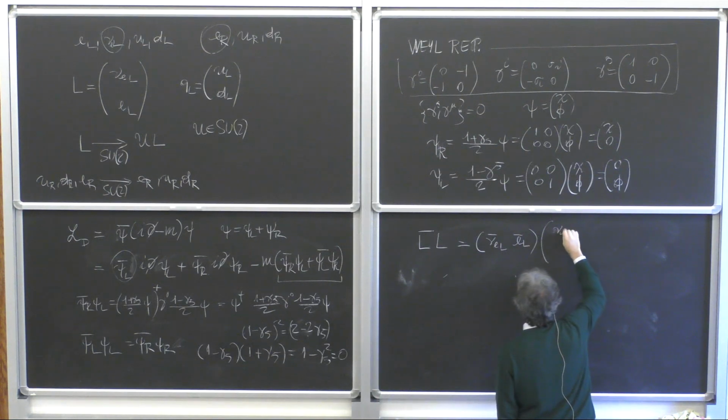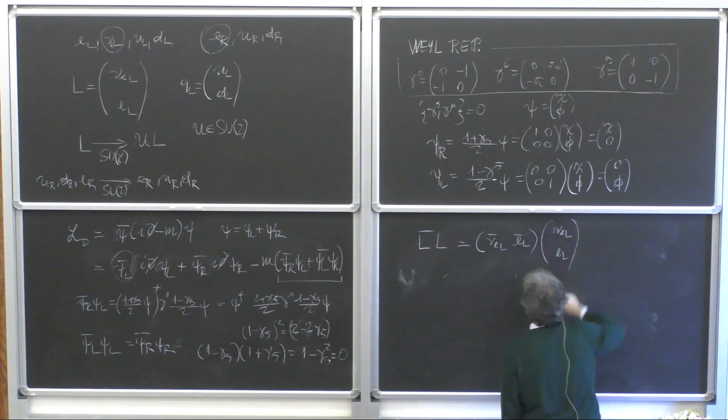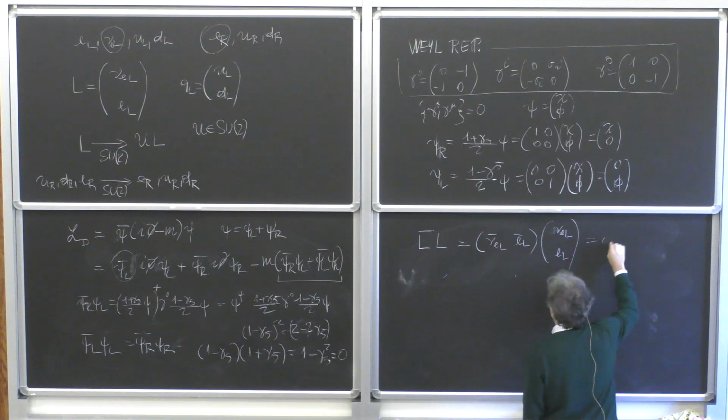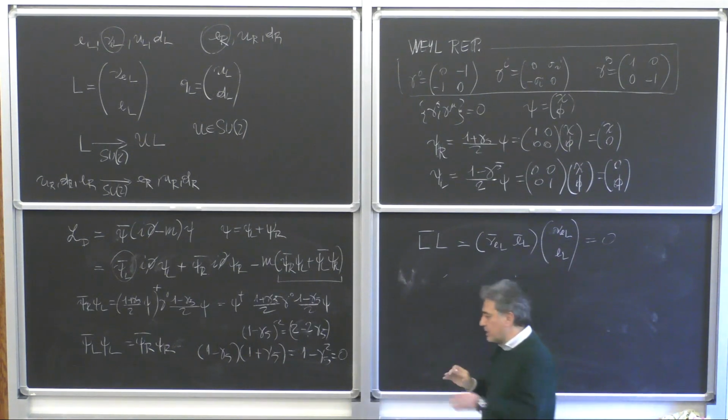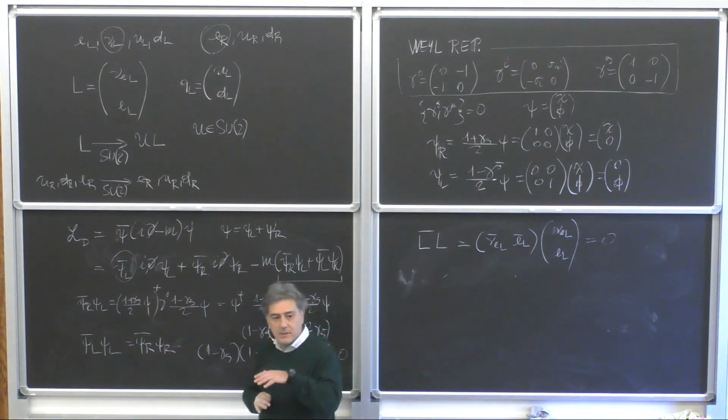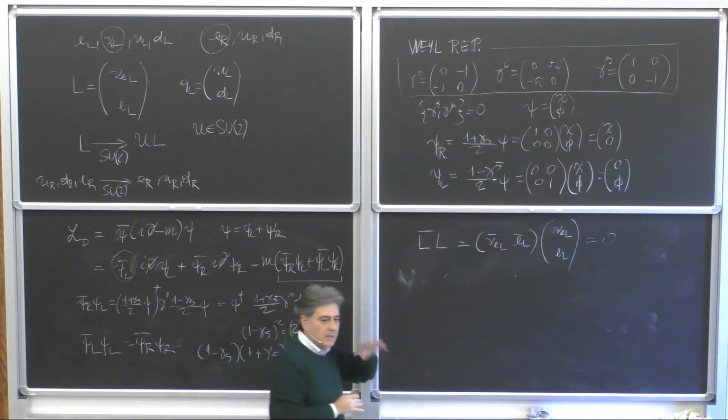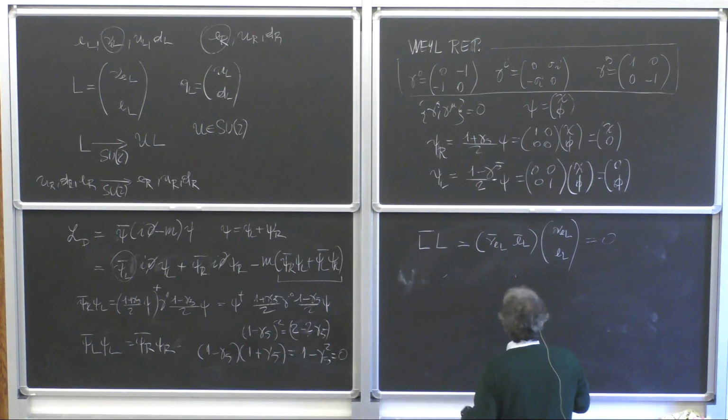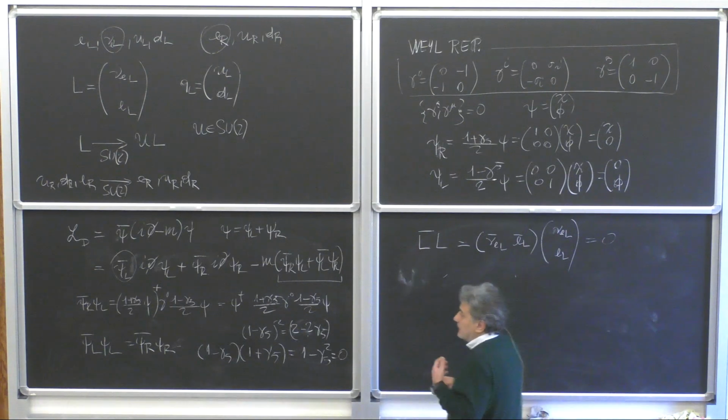So ν_E left, electron left. And so you see immediately that this is 0, because you have ψ bar left, ψ left, E bar left, E left. So this is 0. This means that in the standard model,